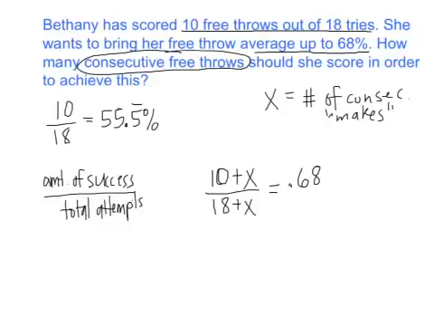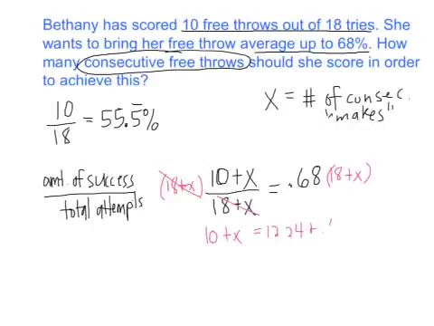Here's our rational equation. So if we multiply both sides, of course I could try to get a common denominator on both sides, but I think this is the most efficient solving method. If I multiply both sides, that will undo the division, leaving me with 10 plus x equals 12.24